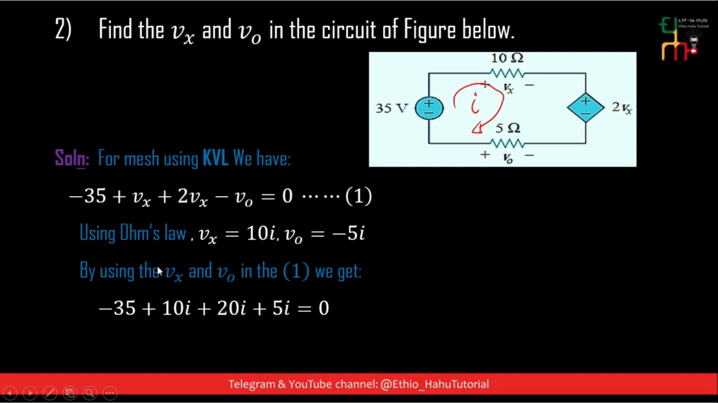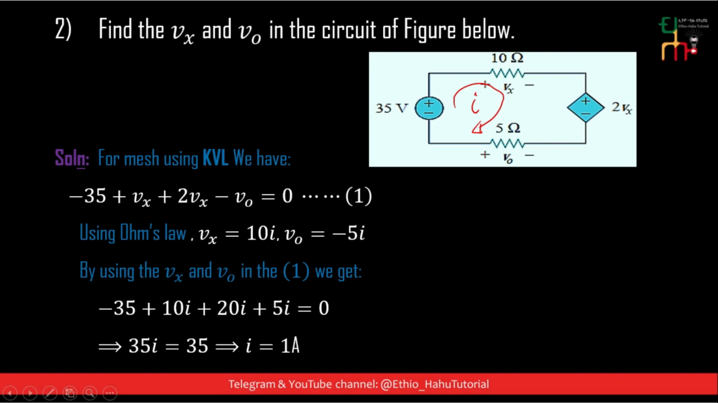-35 plus Vx means 10 times I plus 2 times Vx, which means 2 times 10I, which is 20I, minus V0 means -5I, so minus of -5I is plus 5I, which is equal to 0. ስለዚህ ይሄኛውን ተርም ሪአሬንጅ ስናደርግ ምን እናገኛለን? 35I is equals to 35 እናገኛለን። ስለዚህ ለ35 ለ35 both sides ስናካፍል I is equals to 1 አምፒር እናመጣለን ማለት ነው።